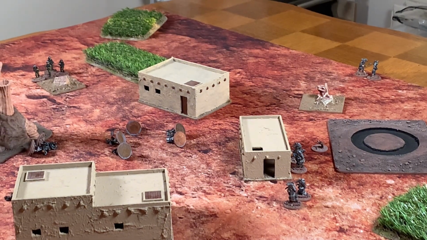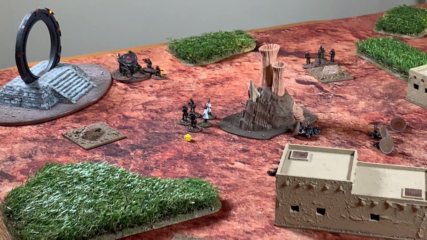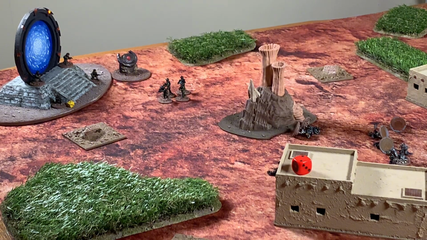So it's massively benefited the Gate Travelers Command Force. It's allowed them a bit of breathing space, certainly to get towards the gate, and depending on who gets the initiative on this next turn, turn 6, we could see a very quick end to the game. So I'm going to get on with that, and I'll come back and give you an update at the end of turn 6. Okay, so end of turn 6, and the Gate